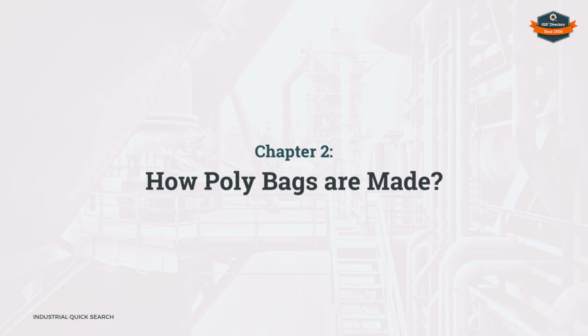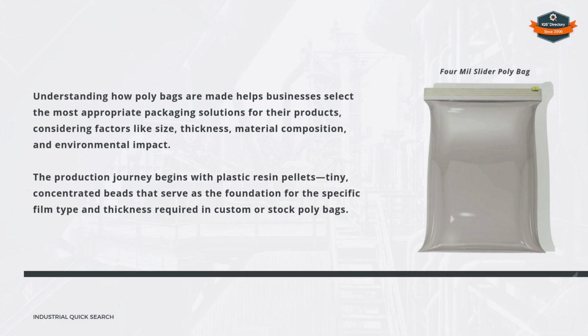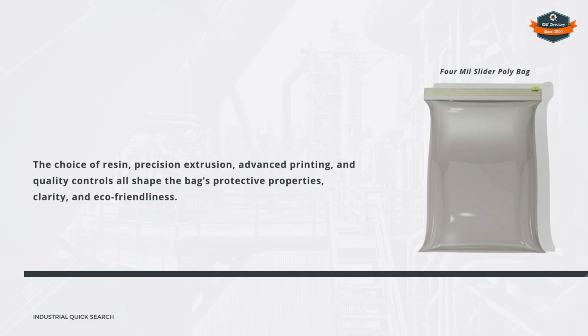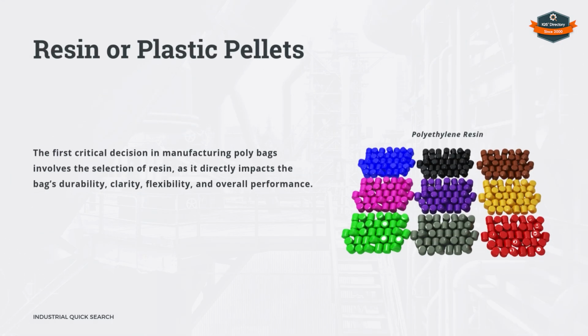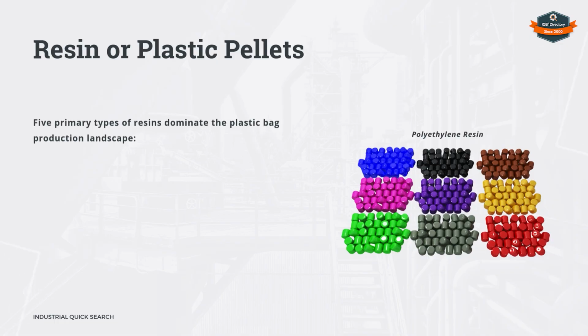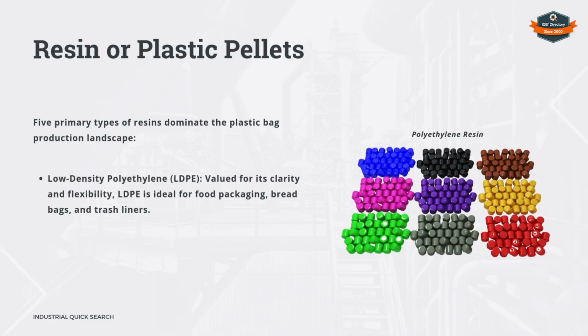Chapter 2. How polybags are made. Resin or plastic pellets. Five primary types of resins dominate the plastic bag production landscape: high-density polyethylene, HDPE, low-density polyethylene, LDPE,